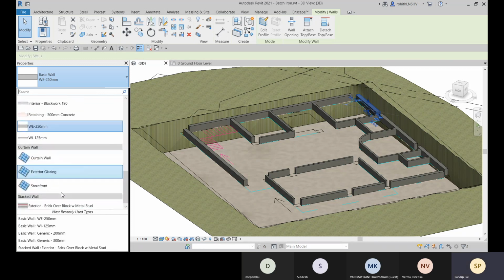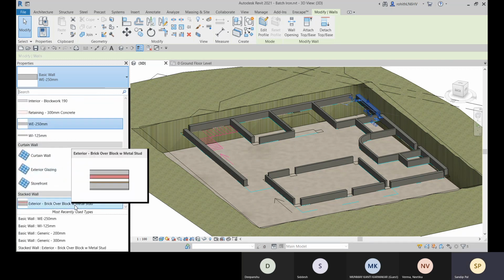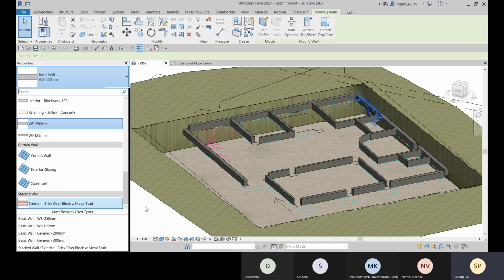And we have stacked wall. Okay, we have stacked wall. A stacked wall is where two or more sub-walls are placed vertically, stacked on top of each other. When you have sub-walls stacked on top of each other at various heights, those walls are called stacked walls.